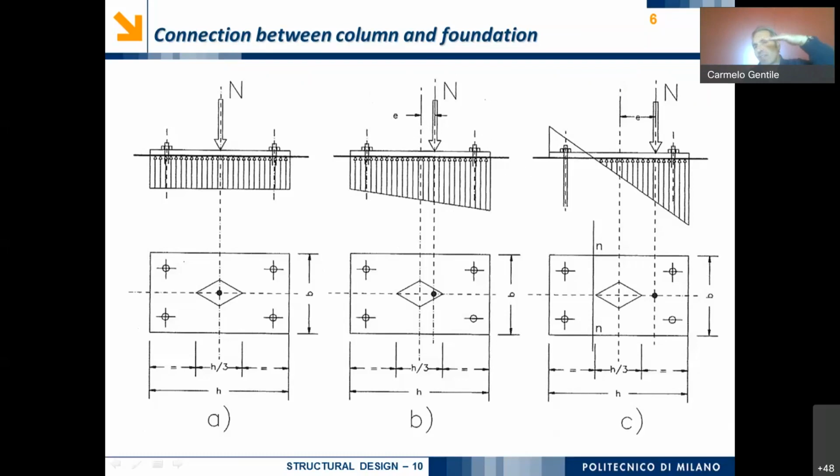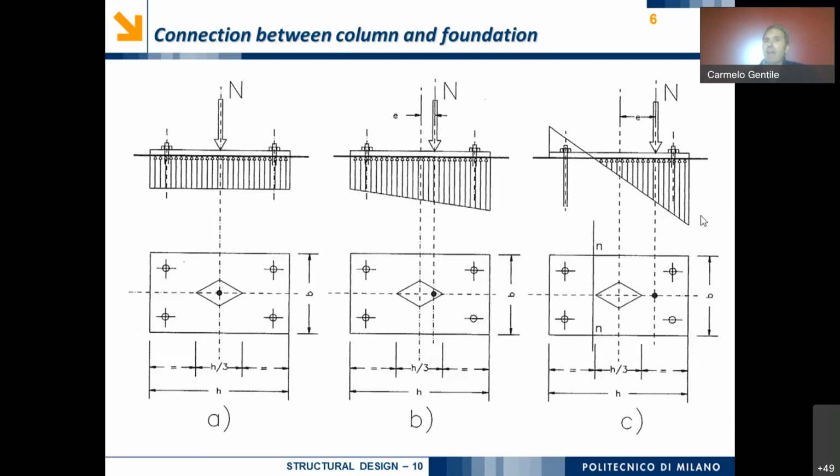Because we are basically assuming that the steel plate can rotate, but it preserves its plane behavior. If the plate is rotating but it remains plane, it means that we have larger contact stresses on the right hand side and lower contact stresses on the